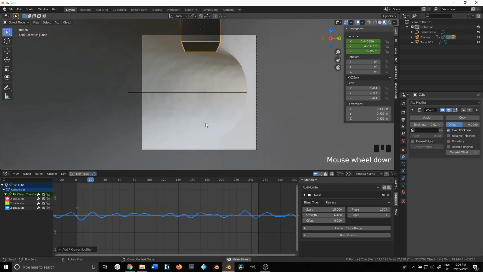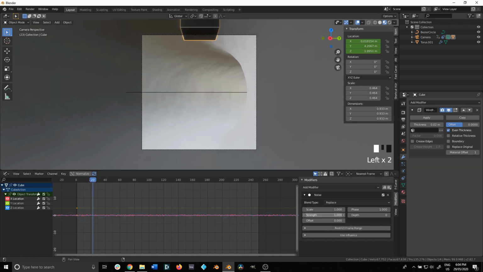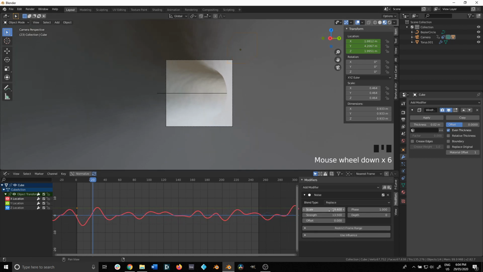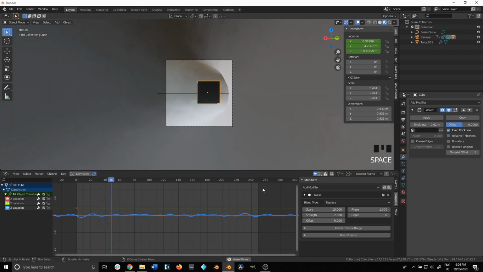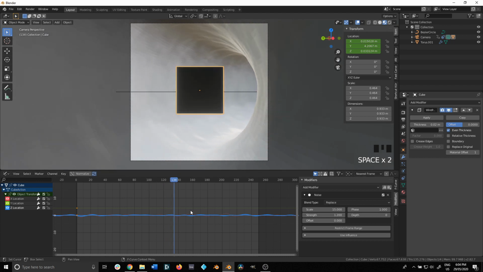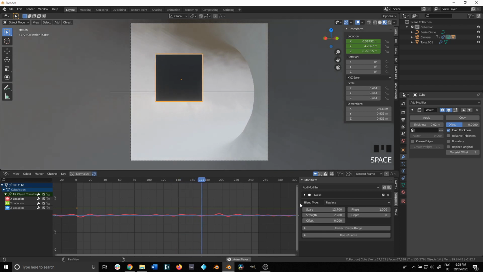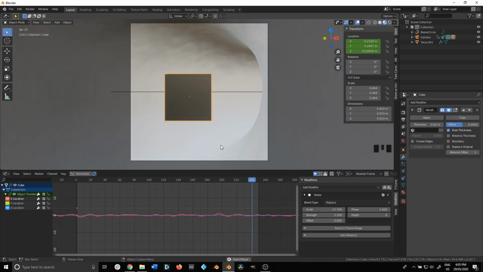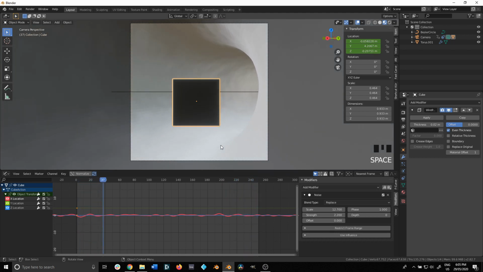So just like that, and I'm going to do the same thing to the x-axis. Now obviously I've added a bit too much, so under strength, I'm going to just turn that down a little bit, and the same thing for the Z. Now obviously this is too much, but this is just an example of what you could do with this animation. I'm just going to turn the strength on that one down a little bit. So now we get this kind of random but smooth animation,